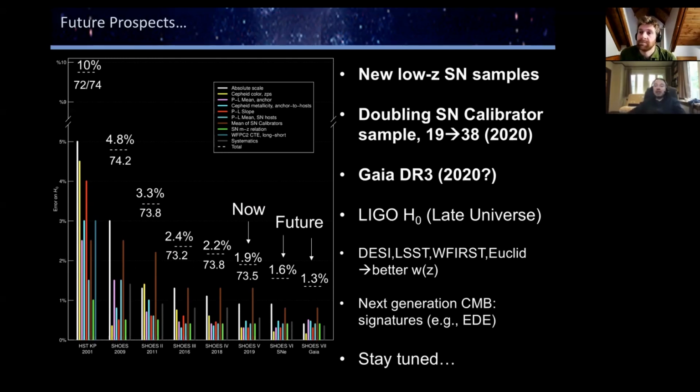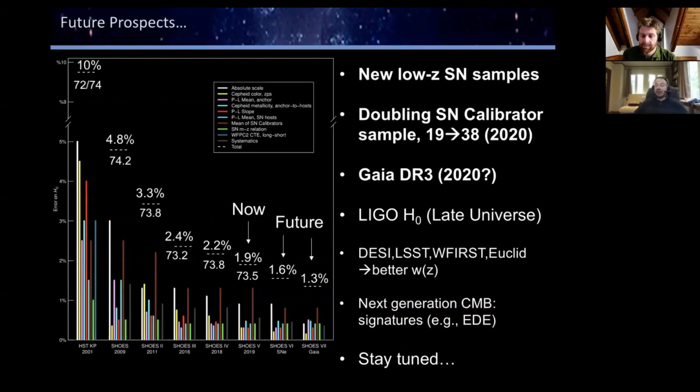LIGO, we hope, continues to find the kind of events that could give you standard siren measurements. DESI, LSST, Roman, Euclid, these are all ways of characterizing H of z, the in-between period, so that we can recognize either, look, it could be a weird late dark energy, or no, that's completely ruled out. Right now, I would say it's not looking good for weird late dark energy